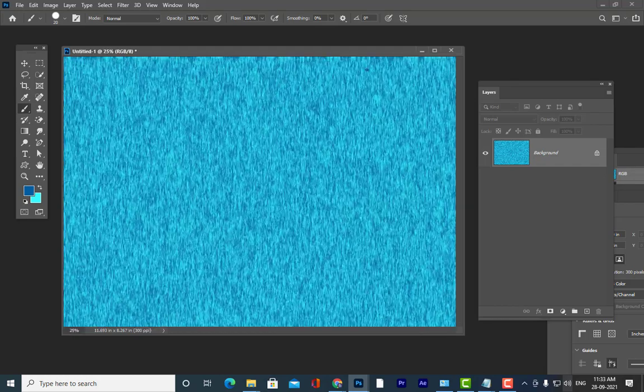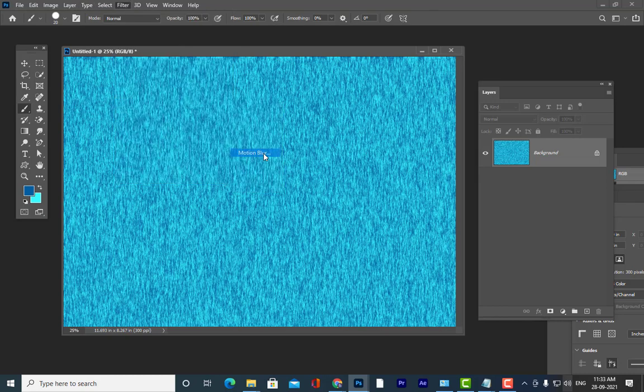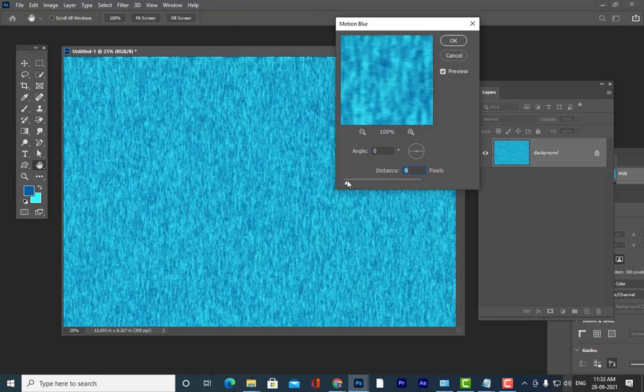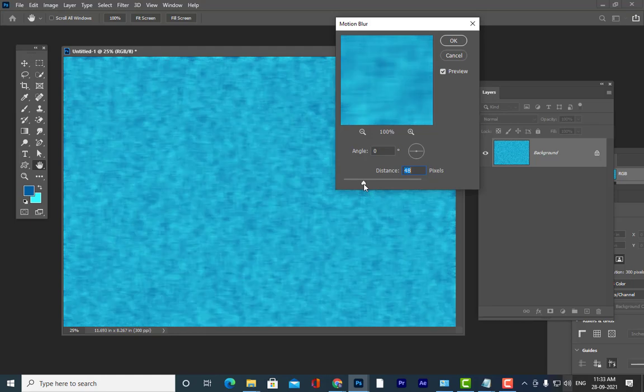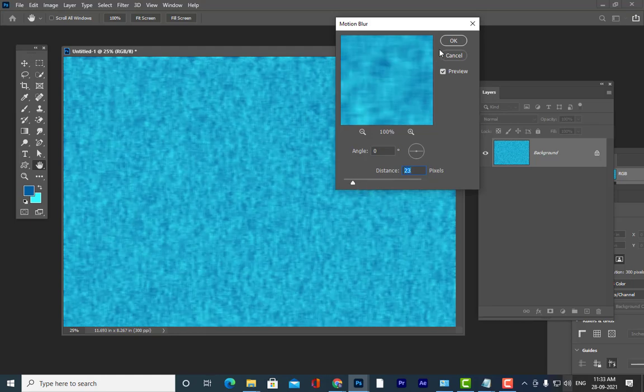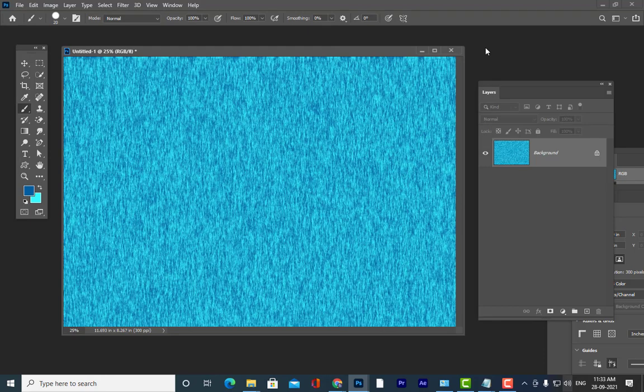Yes, sir. So if you want, you can give a little bit of blur to this. So blur, and I can give some motion blur also. But very little motion blur, okay? Very slight motion blur you can give, okay? So they will be a little bit dim, okay? So we have seen, now we got a basic idea, knowledge of what we can do with filters, okay? So we will now move on.